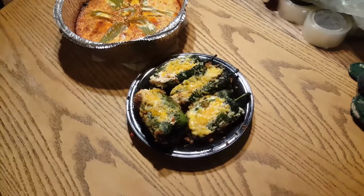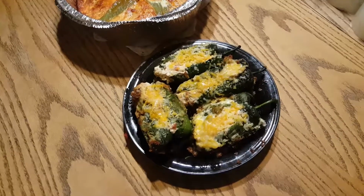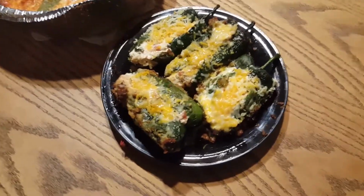Well, here's the finished product. Ray, what do you think? Looks pretty good. You fried those poblano peppers up, melted